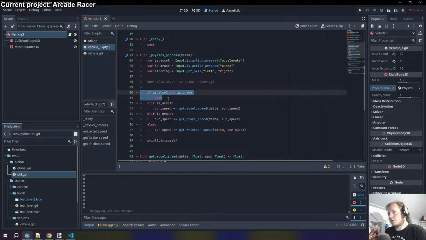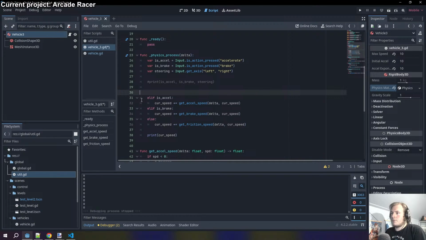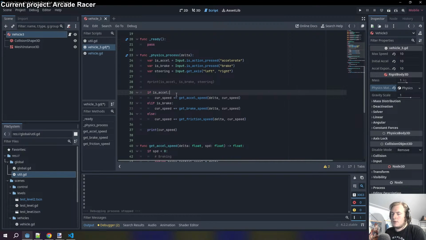Honestly though, should something have priority? Not really. Okay, hold on, let me think. Should there be a priority system? If you're accelerating,